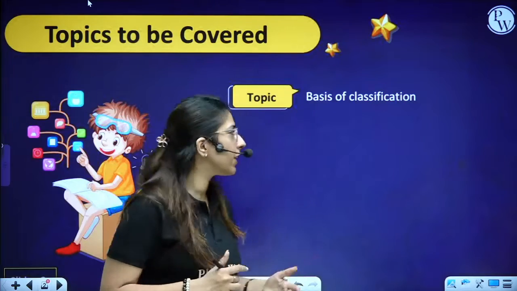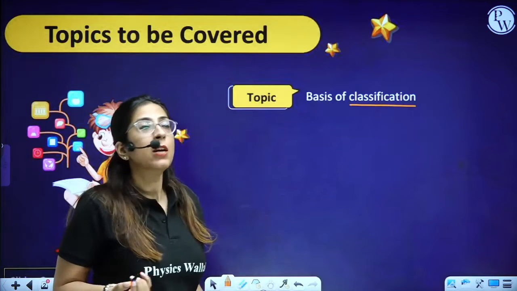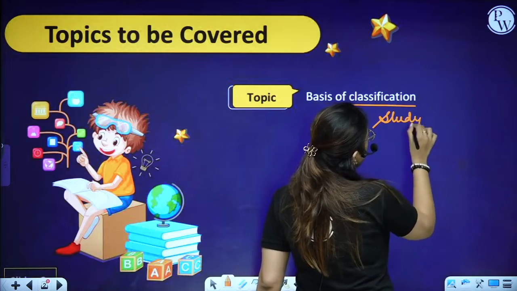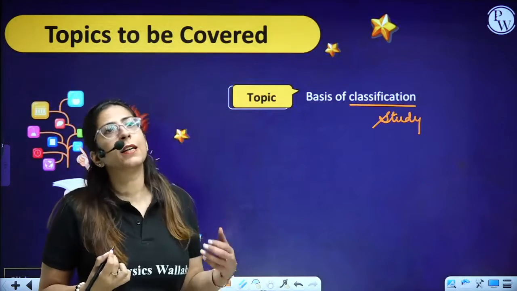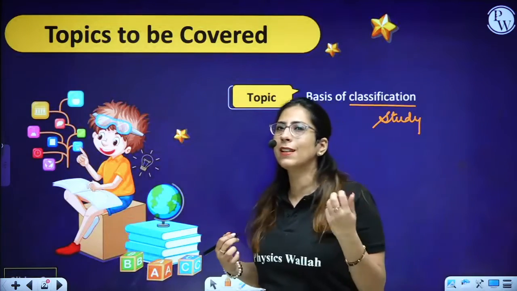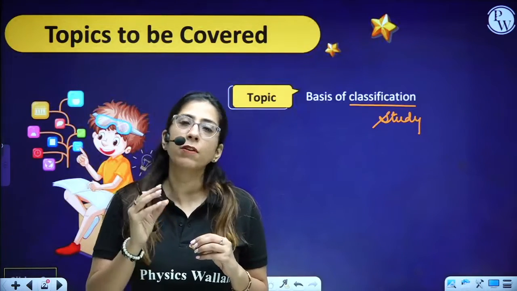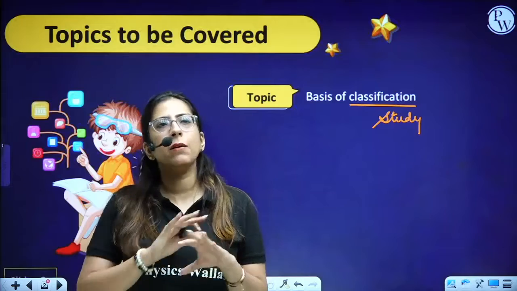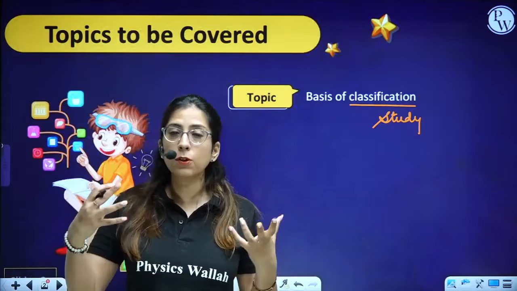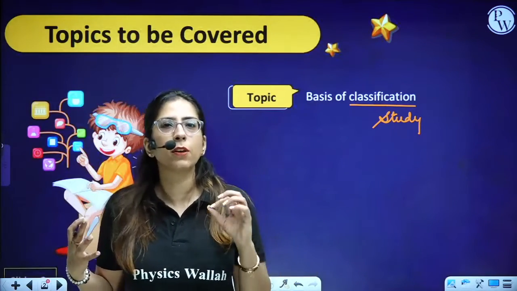Why do we do classification? First, let's talk about this word, classification. Why do we need classification? Classification is important for the study, and what type of study? The comparative study. If we have to compare one organism with another, what we need to do is classify those organisms. And after classification, we provide them a particular name. When we provide them a particular name, that name will be universally accepted. That means if you are sitting here, being an Indian scientist, you will be able to talk to any scientist on this whole earth with the use of that particular name.